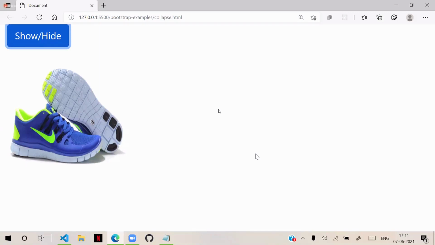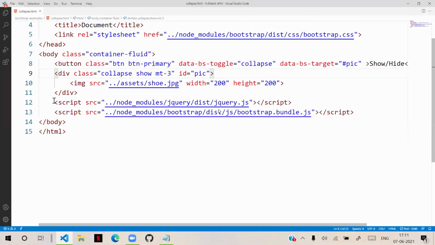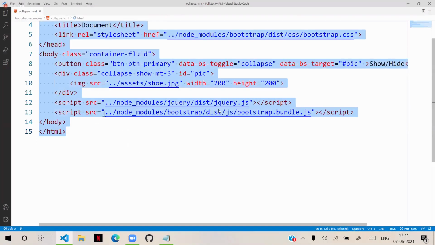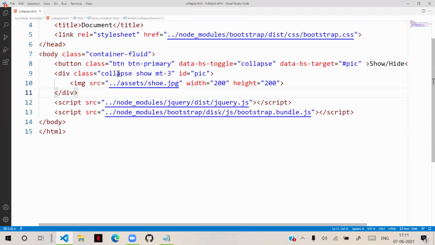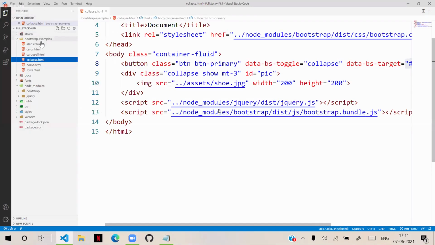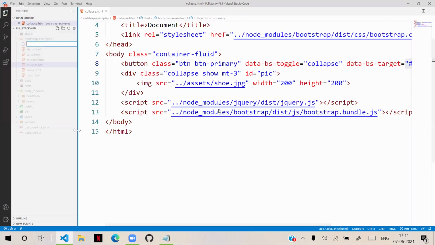Actually, this is general. You can use it for any content. Here we have a very simple collapse with an ID, data toggle collapse, and data target that particular div. I will show you how it is used in combination.